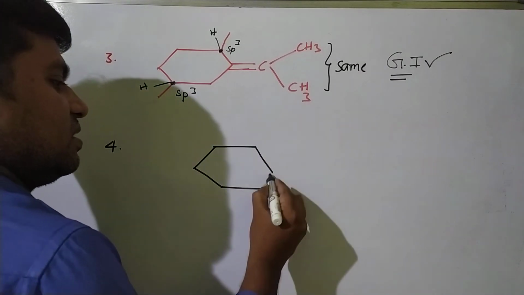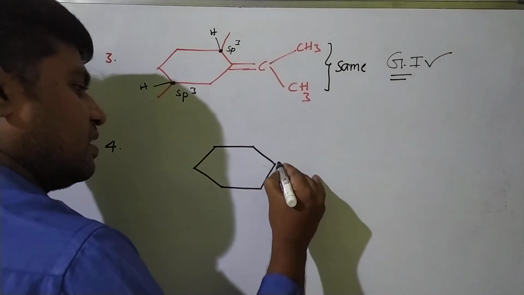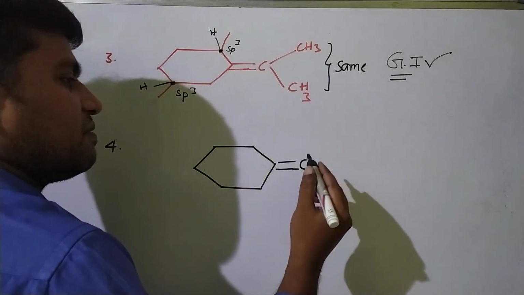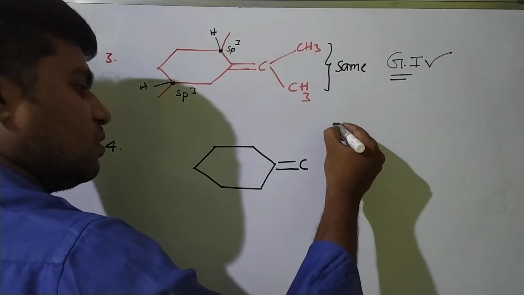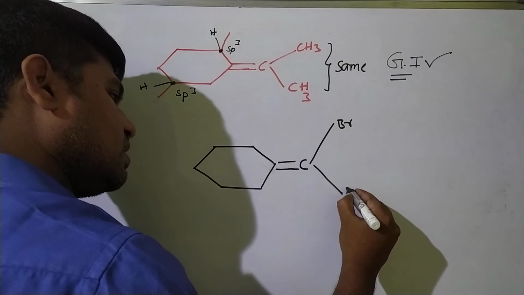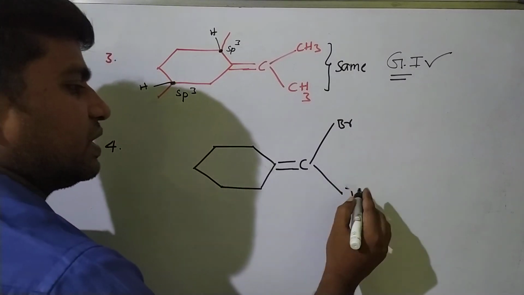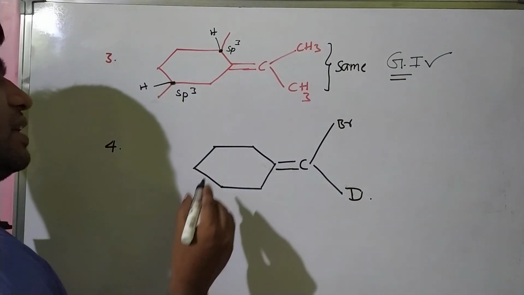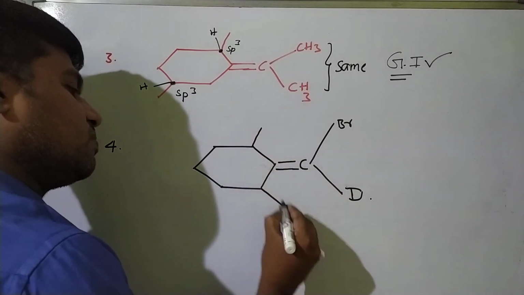So this again is a cyclohexane ring, because we must learn a different type of example, otherwise we can't answer Z, we can't even attempt it. So this is a bromine atom, and this is a deuterium atom, D for deuterium. Now here, this is a methyl group, this is a methyl group. Okay, students?